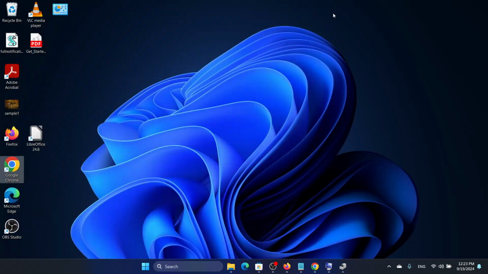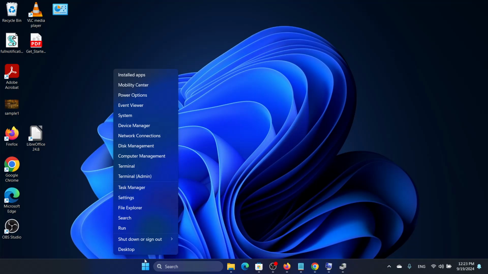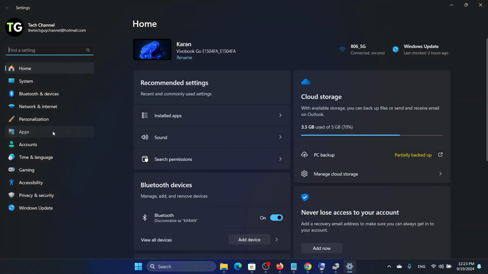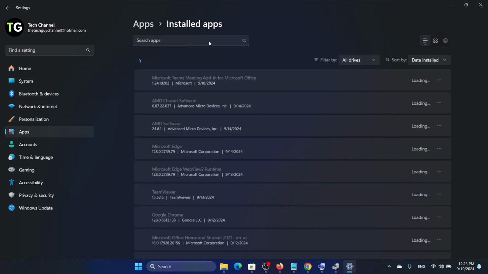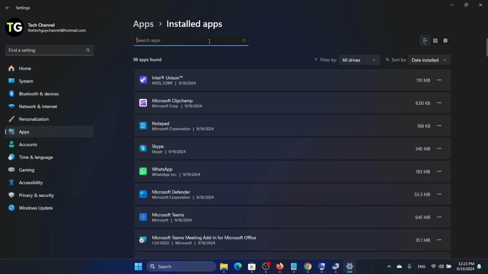If none of these work, which is a very rare option, these solutions should definitely work for you. If it doesn't, then you just need to uninstall and reinstall Google Chrome. So we'll right click on the start button, go to settings, click on apps, installed apps, and then here we will look for Chrome